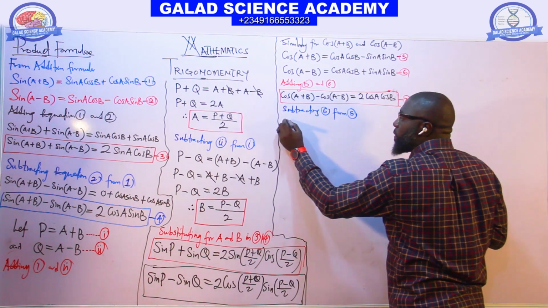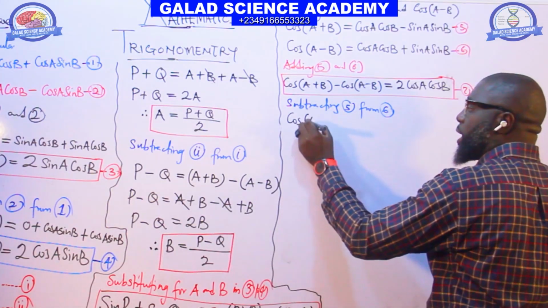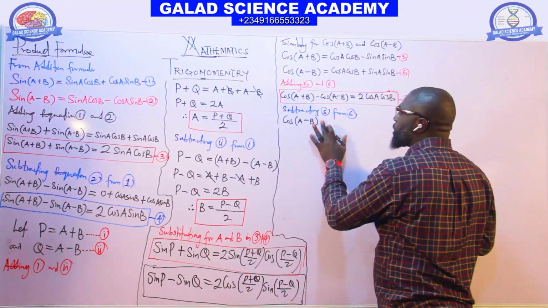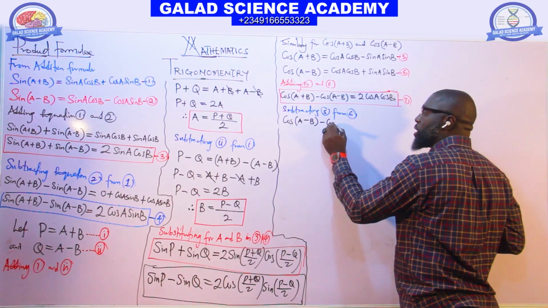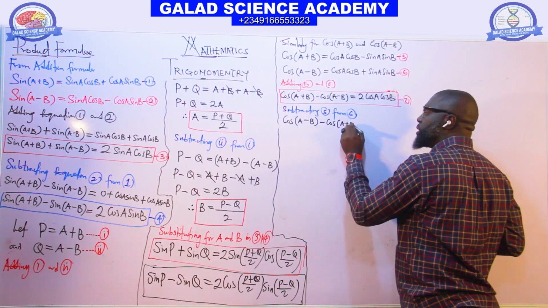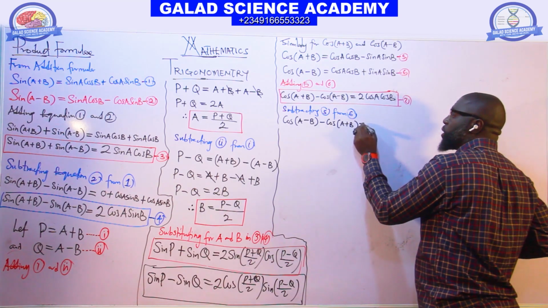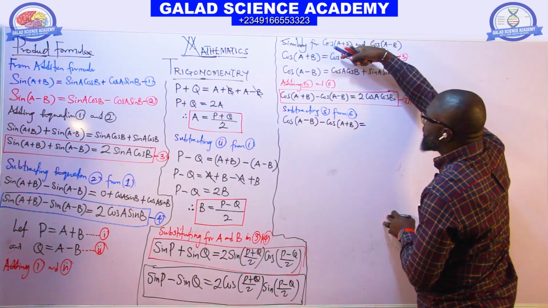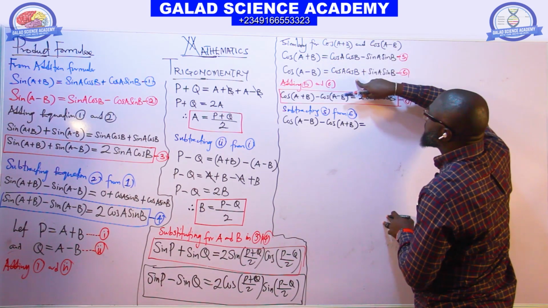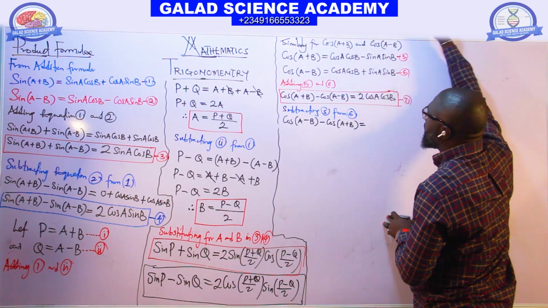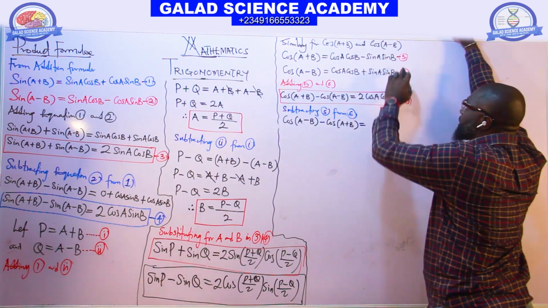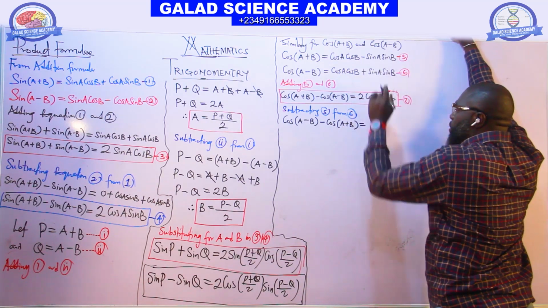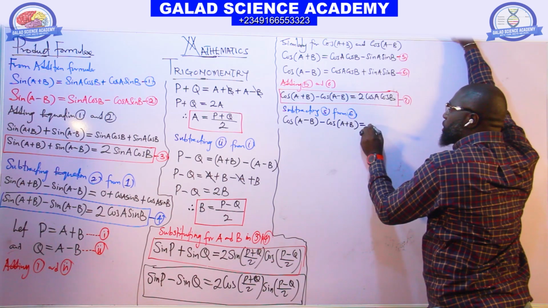We have cos(A-B) minus cos(A+B). If we subtract, this will cancel each other. Subtracting this from this will cancel each other. Minus times minus gives plus. It will give us